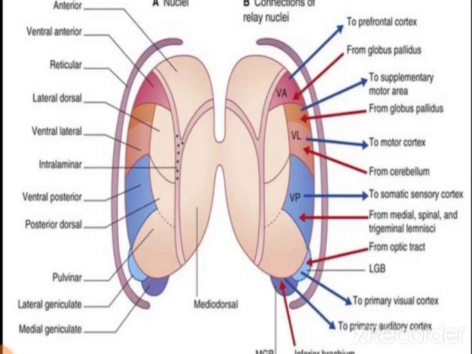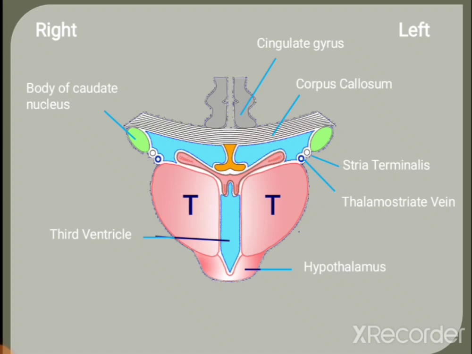So here we can see the two ends, anterior and this is posterior end. Then this posterior end is having lateral and the medial geniculate bodies. Then the four surfaces: superior, inferior, medial and lateral surfaces. This is medial surface and this is lateral surface. So this is the coronal section. Here we have seen the thalamus, which is having the superior, and this is the inferior surface of the thalamus.